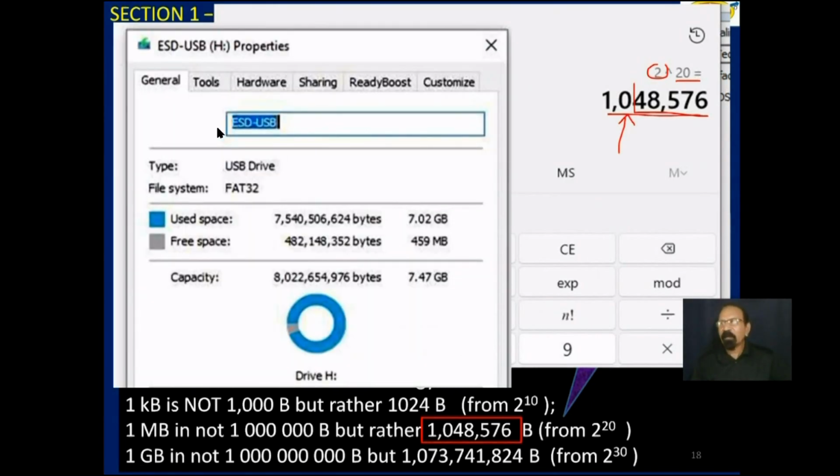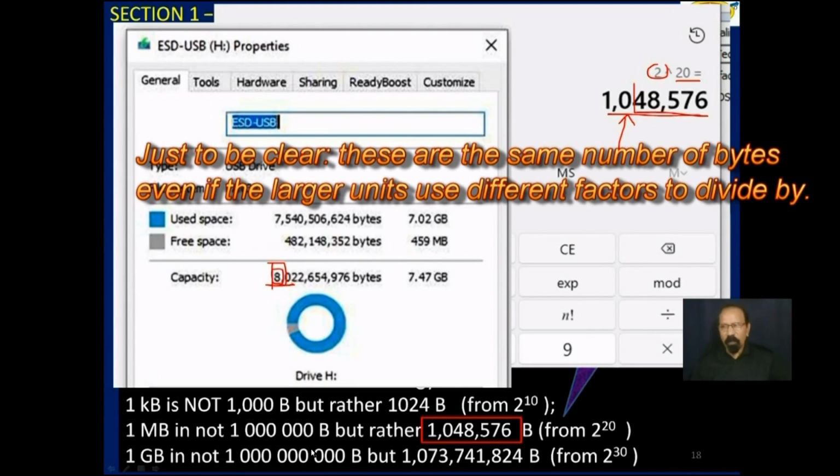Now, here is an 8 gigabyte drive that I actually put in this computer. Notice over here what it says. 8, that would be your 8 gigabyte if you are dividing by a billion. That's what the manufacturer does. So the manufacturer says it is 8 gigabyte. When I put it in the computer, it says 7.47 gigabyte. And that's because your computer OS is not dividing by this billion down here. It is dividing by this larger number here. So you get a smaller capacity by the OS standard.